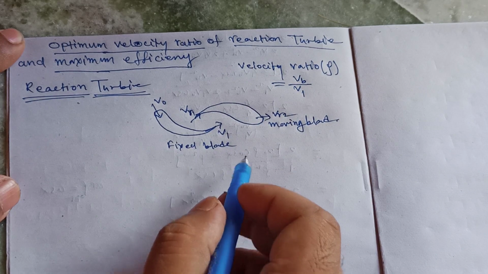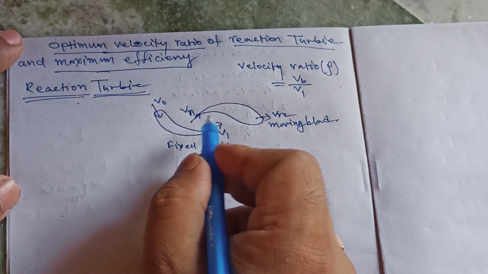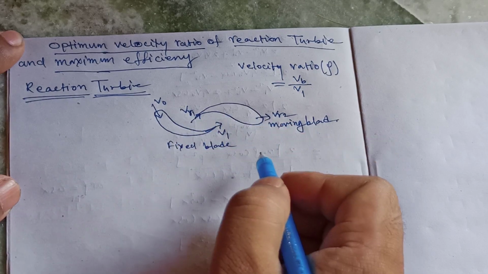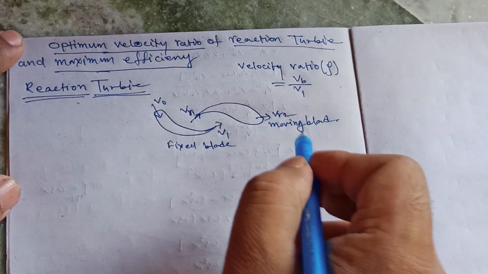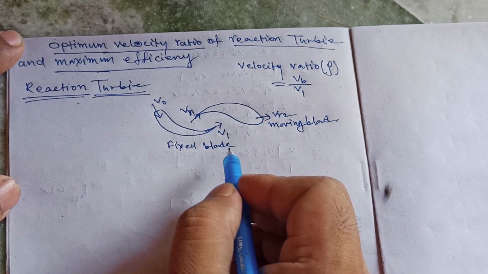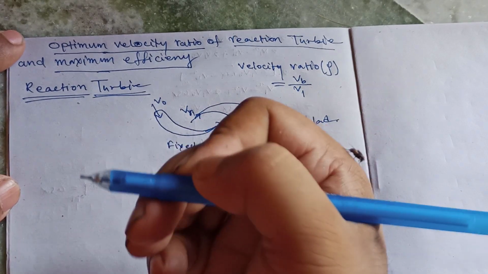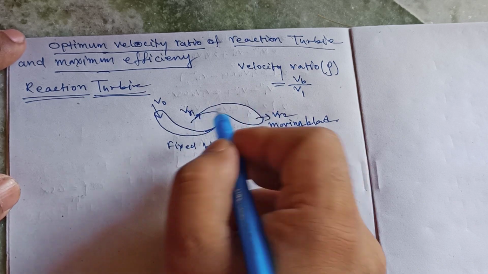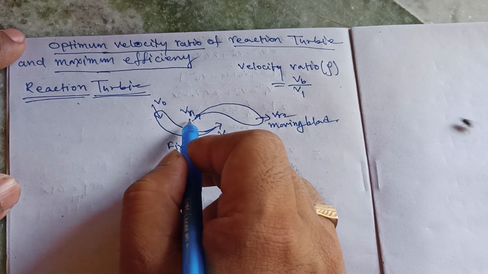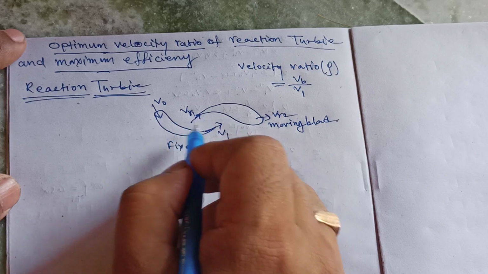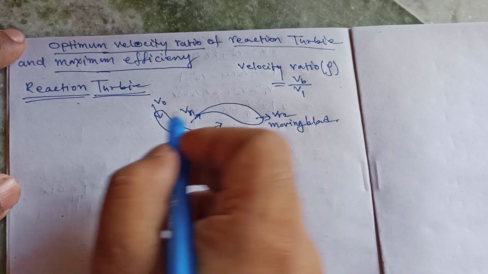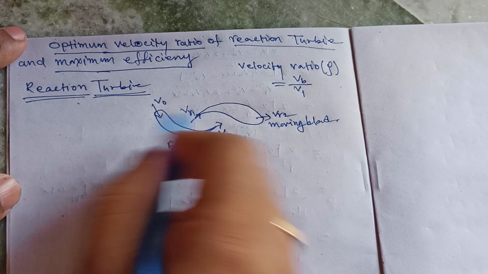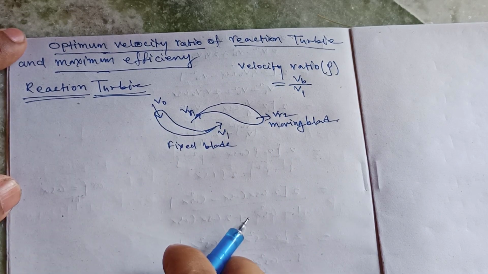At that time I am supplying the steam to this blade, it must be relative velocity, because it is already rotating. So relative velocity has to be considered for the moving blade, and for the fixed blade the absolute velocity is considered. Okay. Now,